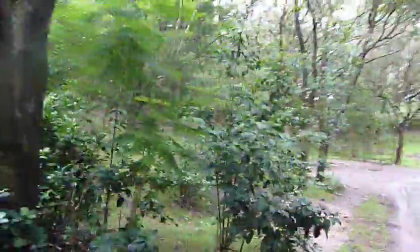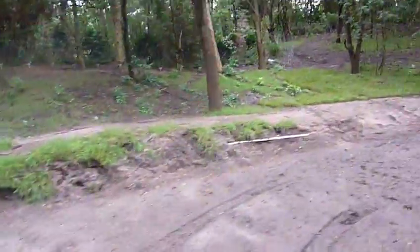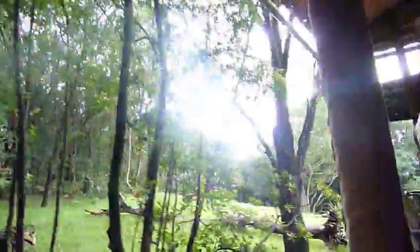Here we're getting a sneak peek of what's coming up. Rumor has it that a group of zebras are migrating this way. We're expecting their arrival in the next 3 or 4 weeks. So we're getting the land all prepared, making sure there's lots